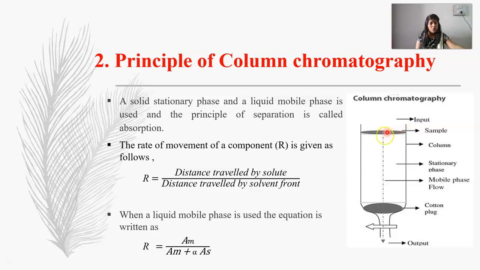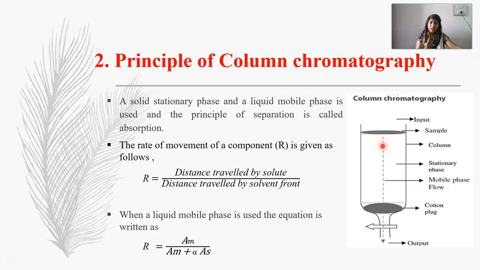Here the flow of sample is according to the affinity of a component to the stationary phase. For example, the components having more affinity towards the stationary phase will travel slowly and elute later on, whereas the components having less affinity towards the stationary phase will travel fast through the column and elute out first. Now here the separation of various components is possible by different zones of separation, depending upon